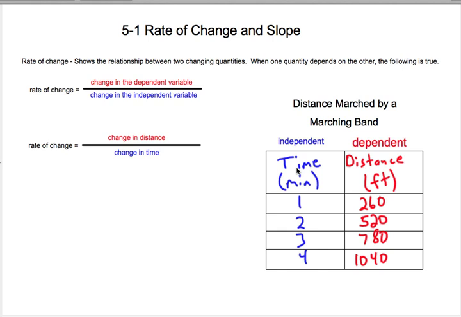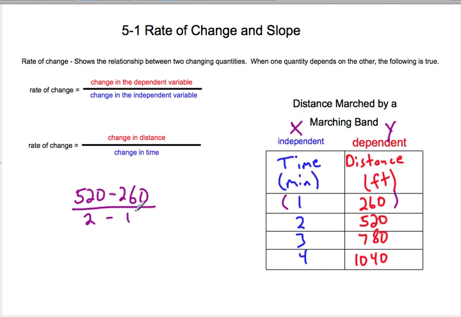So to find the rate of change, we can pick one of these ordered pairs, which you'll probably remember from last chapter. We often call the independent variable x and the dependent variable y. And you can think of these as ordered pairs here. But if we show the change in distance from one pair to another, like 260 to 520, the change in distance there is 520 minus 260 over the change in time, which is 2 minutes